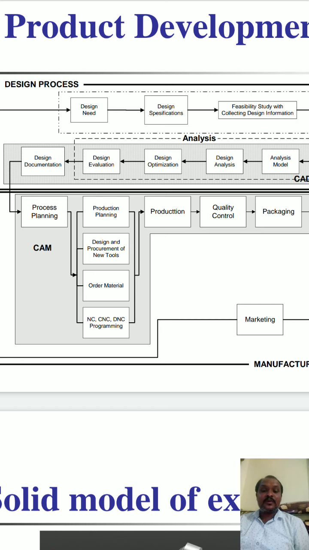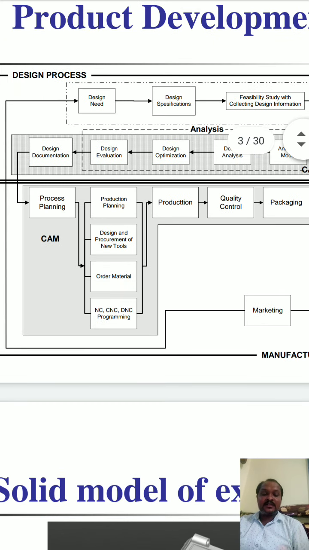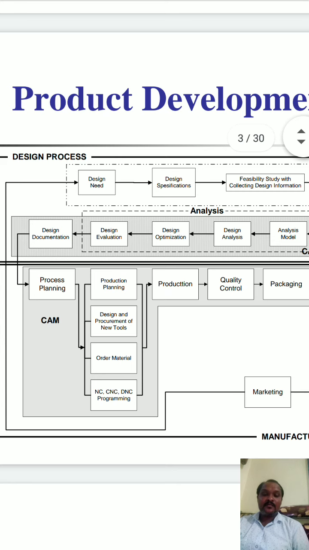Next, design optimization. How to optimize your design: after making your design and analyzing your model and the data, then optimization. Whether it is well optimized or not is also a very important thing. Next you are going with the design evaluation. Evaluation is how we are going to evaluate that design. We have to calculate the entire thing, whatever results you are getting in the design sections. So that is design evaluation.